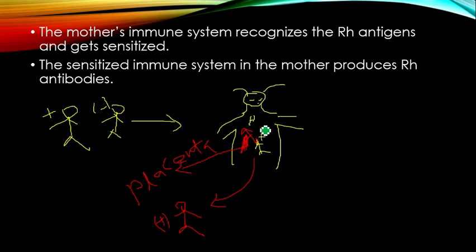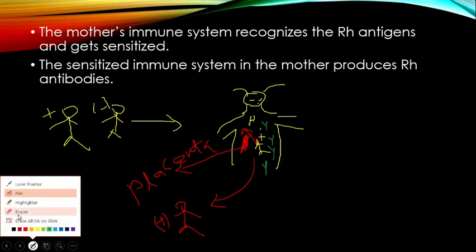But when a small amount of positive blood of the fetus mixes with the negative blood of the mother during the first delivery, it leads to production of Rh antibodies. Already in the previous slide we discussed that when positive blood mixes with negative blood, there is a formation of Rh antibodies in the negative blood. Here these Rh antibodies are formed in the mother's blood. Okay, next,